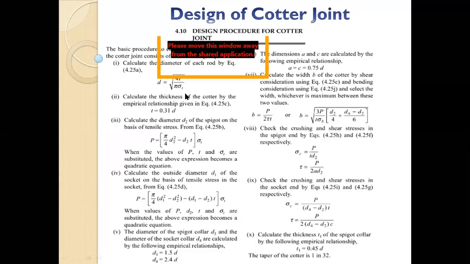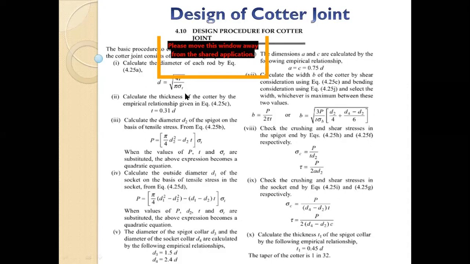Okay. So the thickness of the quarter is given by 0.31 of d, which is almost one third of the diameter of the rod. Whatever diameter of the rod you have got, say if it is 10, then 10 into 0.31 is 3.1, centimeter or whatever the unit, or we can round it to 4. So whatever d you have got, multiply by 0.31 and round it off to get the thickness of the quarter. Now we know the thickness of the quarter, so we can find d1 and d2.